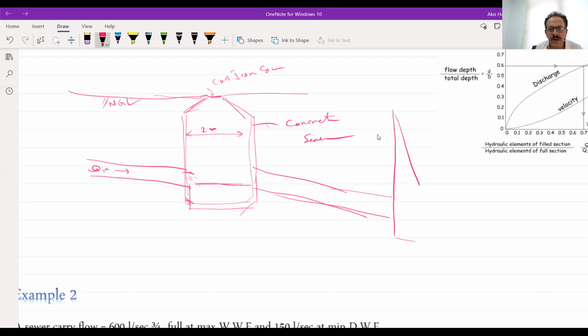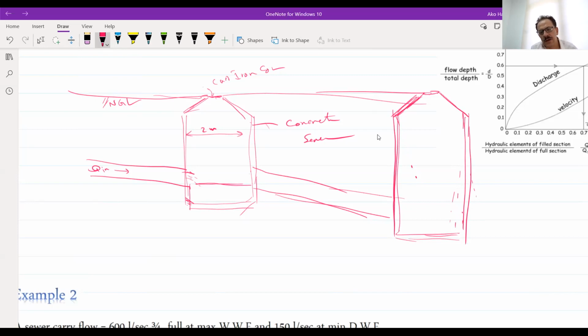If you have a flat area, it will be like this. The difficulty we face here is that we need a deeper sewer, a deeper manhole. So we need a deeper manhole.